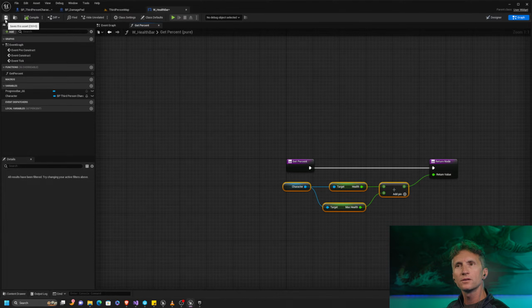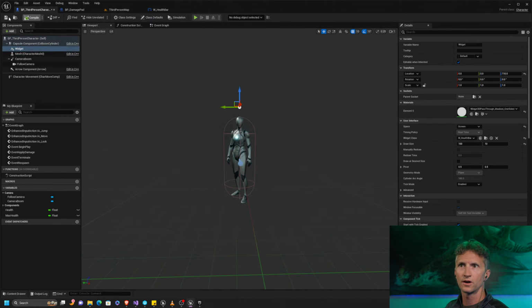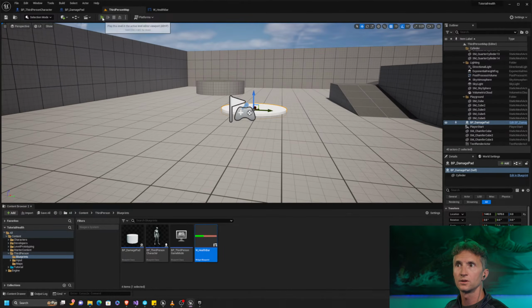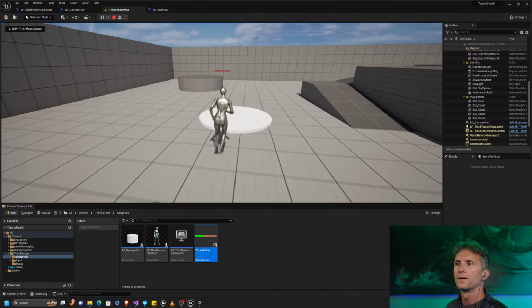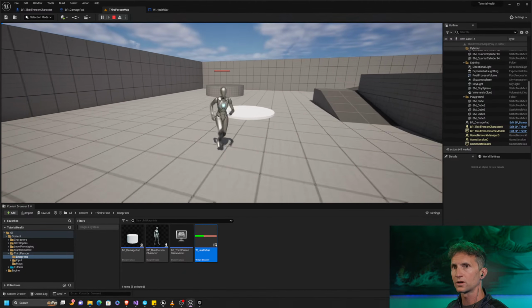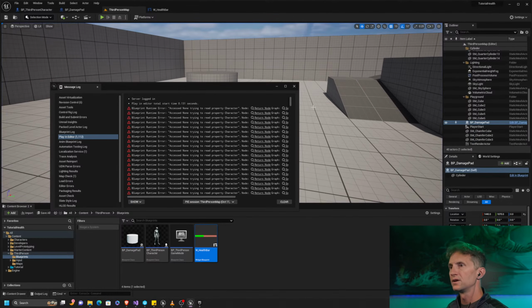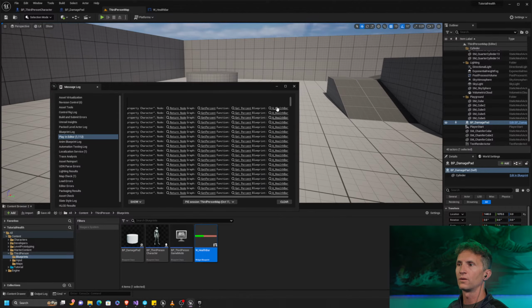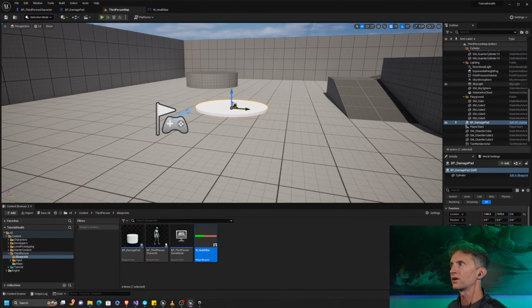Now, I don't think this is going to work right away, but we're still going to try because it'll be fun. I think there's one more thing we need to do to connect it up. You can see here, our health bar is here, but it's not actually quite working yet. Our get percentage is erroring because it doesn't actually have a reference to the character in this case. So what we need to do is